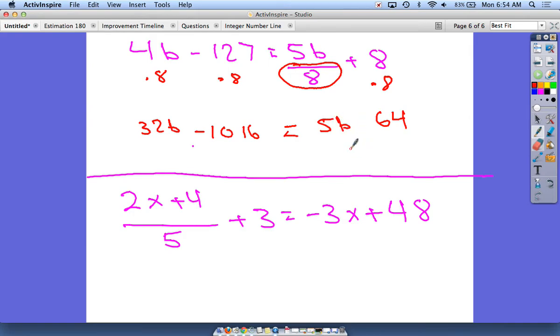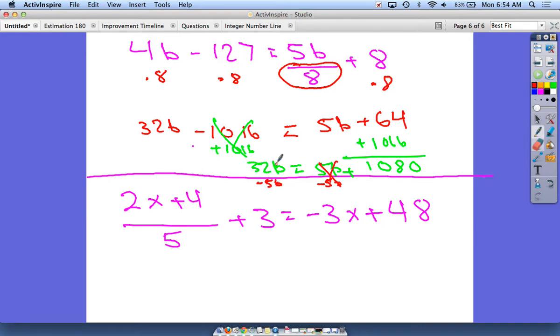Okay. Let's get everything off to one side here. I'll put all the numbers. That's plus 64. I'll put this over here. I will do plus 1016, and that's going to be 1080. I think so. 1080 plus 5b equals 32b. This has to get to the other side. I'm going to kind of sneak into this problem here, but that's alright. Minus 5b